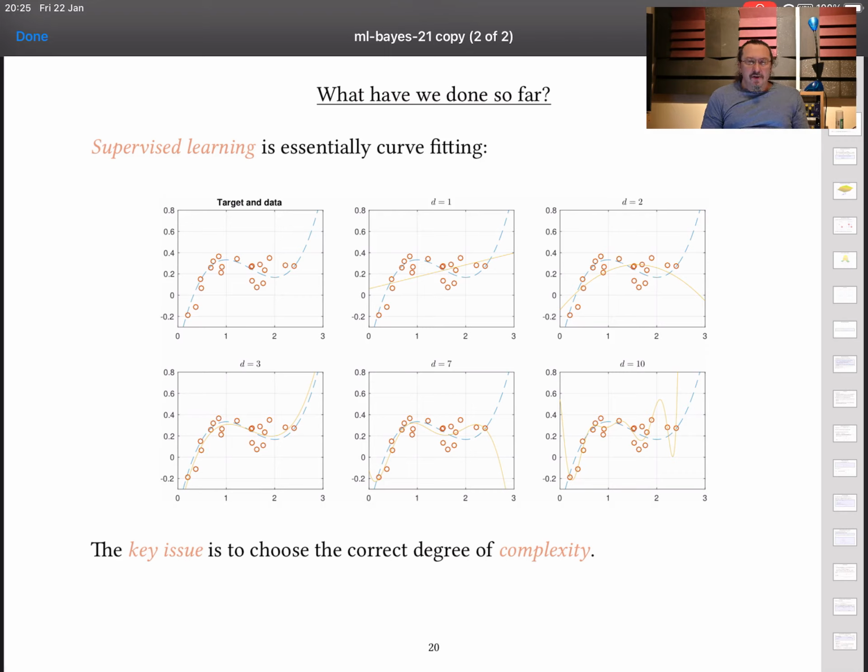Now, having said that, we can see something reasonably interesting about what's actually ending up happening here. If we use d equals 1 and we just try and fit a line to this data, we get something that doesn't fit particularly well. That much is clear. And similarly, if we use d equals 2 and we fit a parabola. But then we hit d equals 3 and all of a sudden we get almost a perfect guess for what the underlying relationship is.